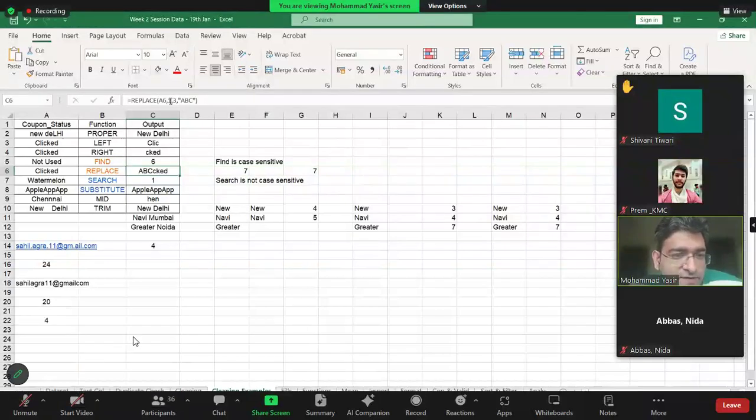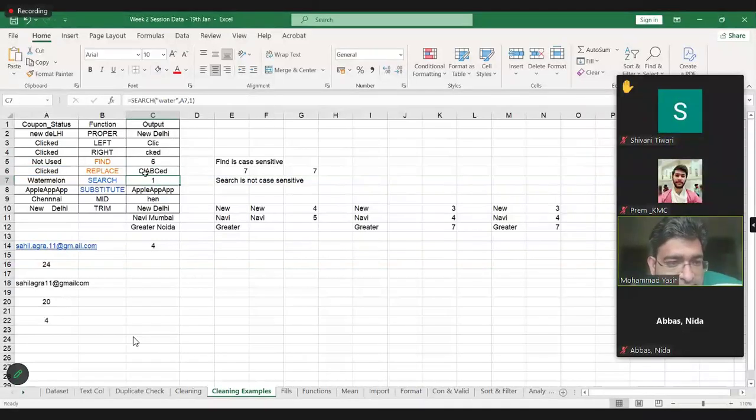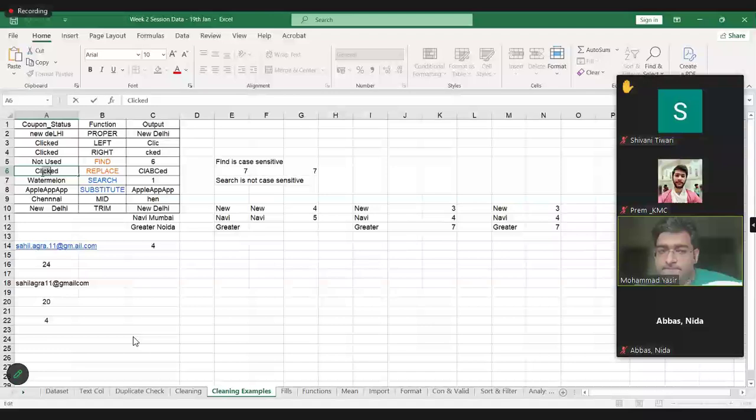Now let us say I want to start from position number 3. So ICK, I is position number 3 and I am replacing 3 characters with ABC. What will happen now? CL ABC ED, because I started from position 3 and replaced these 3 characters.